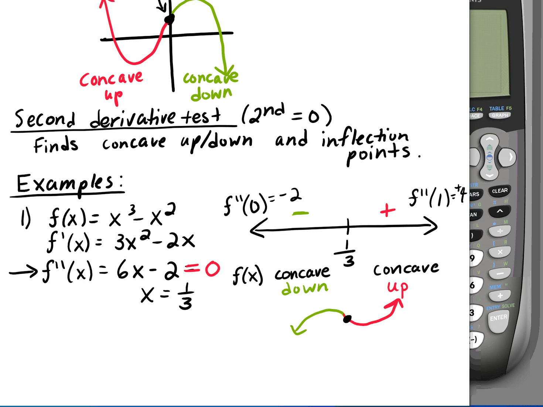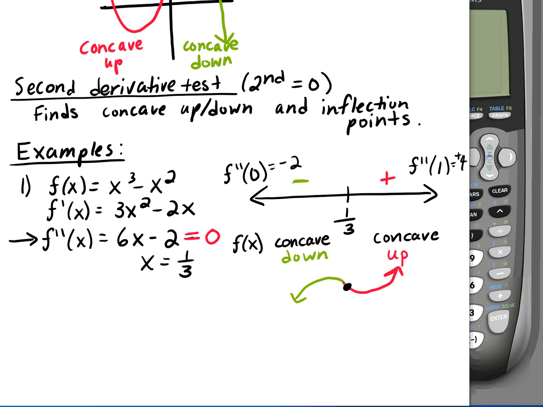We'll have an inflection point. So instead of saying the max and min points and the increasing, decreasing, we're going to say it's concave down. Actually, I put concave up first. It will matter what order it's asked for you on the practice, from 1/3 to infinity,